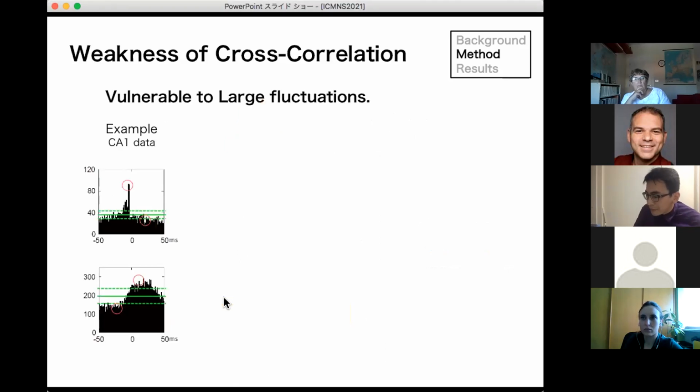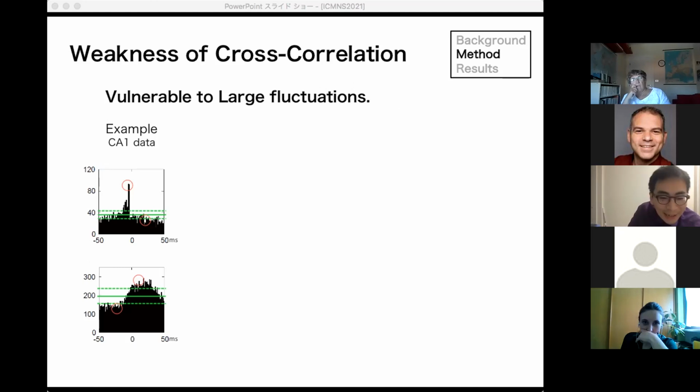However, there is a problem. As I explained, this method is relatively simple and easy to implement, and it has been applied to various data sets, and we found many interesting things. However, this method has a drawback. It is vulnerable to large fluctuations in neuronal activity, which can be problematic if we are interested in the spikes recorded from behaving animals